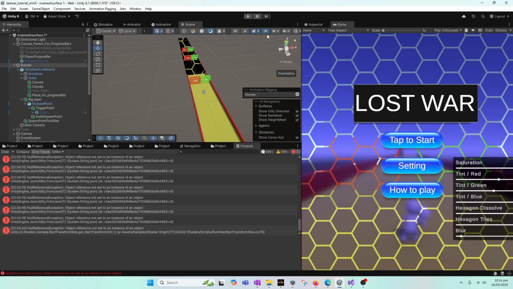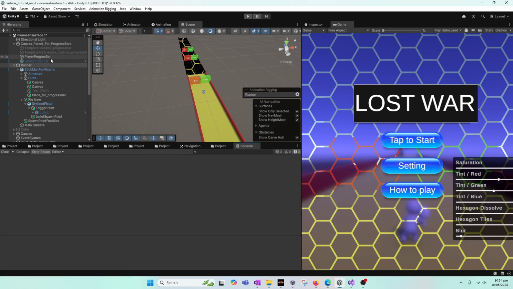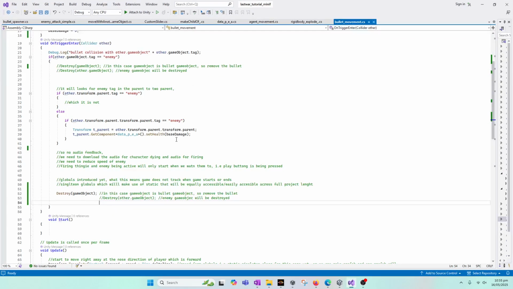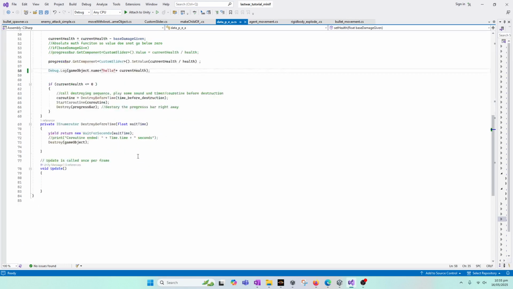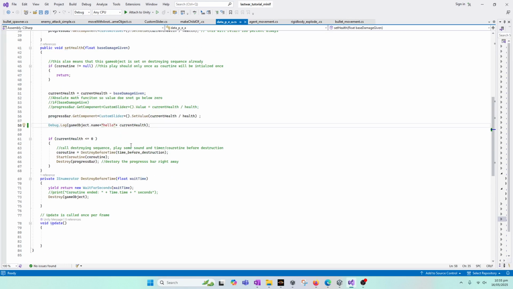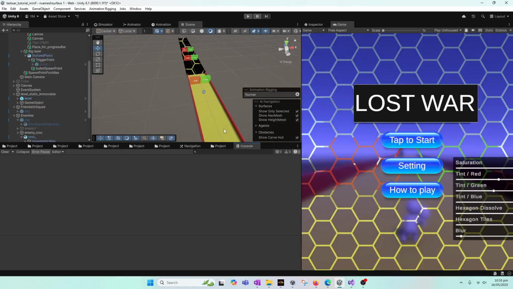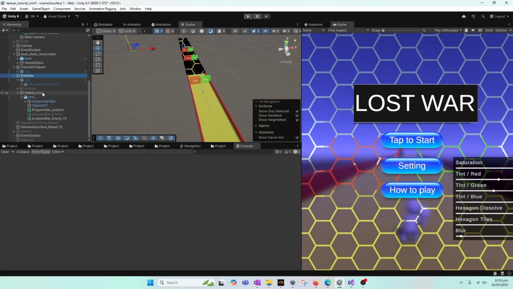Another thing that you can do is play the death animation for the enemy, so when it dies. As you can see in the data class, the data class isn't supposed to handle animations, but if we go to enemy croc,